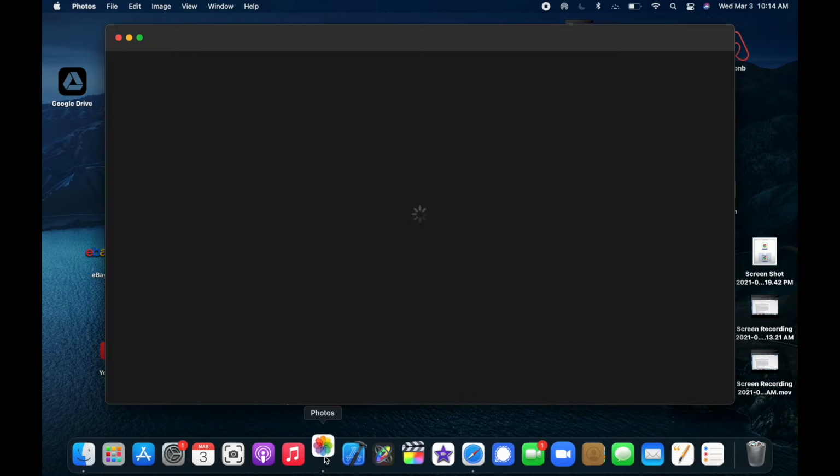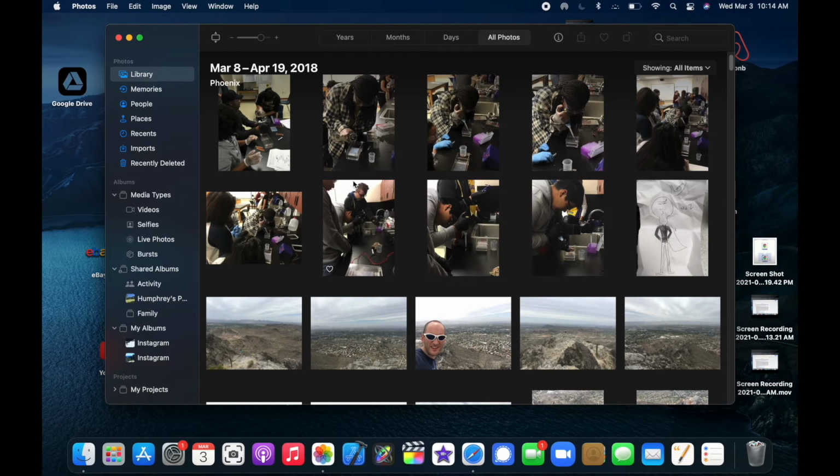Let's go to Photos. Now, let's say that I want to change something about my preferences for this particular app. Notice on my menu bar, I now have the word Photos. So that's an indicator that I have the Photos app up and running and I'm using that currently. So if I tap on that,